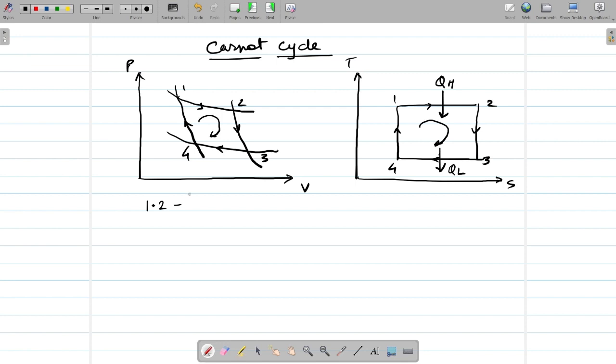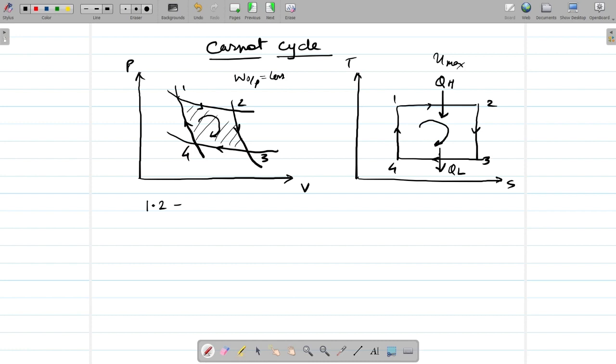But the drawback or the problem of this Carnot cycle is that the area enclosed by this cycle in the PV diagram, which shows the work output, is very small. Work output is very less for this, whereas efficiency is maximum for the Carnot cycle. So how does this Carnot cycle work?